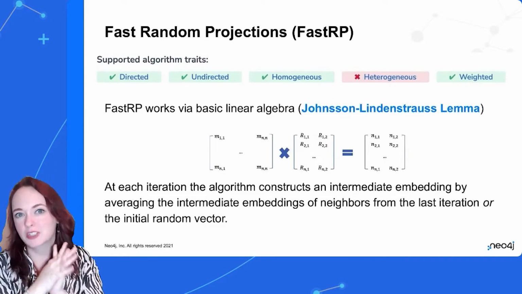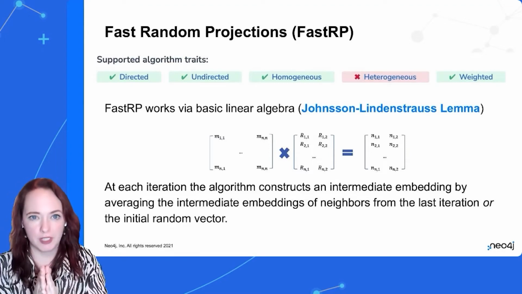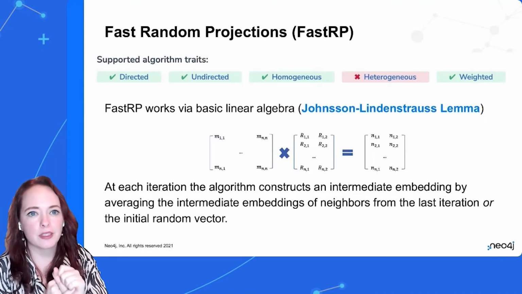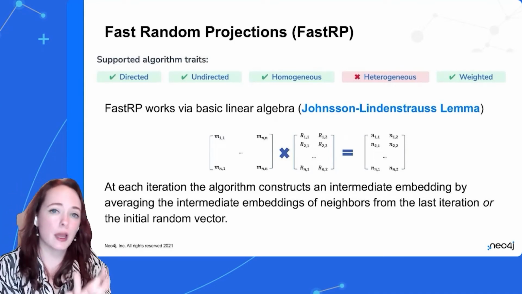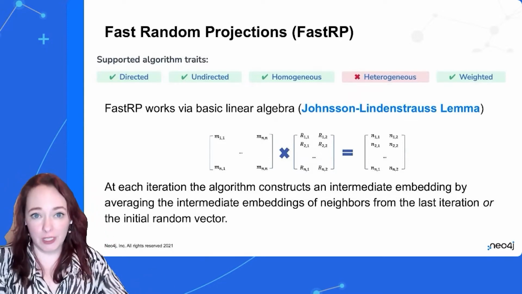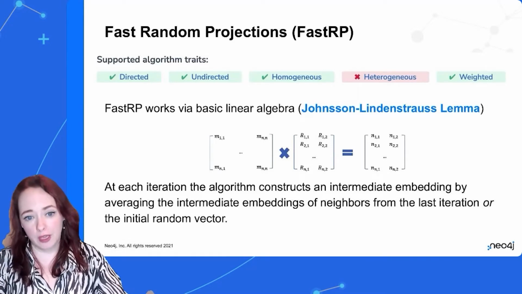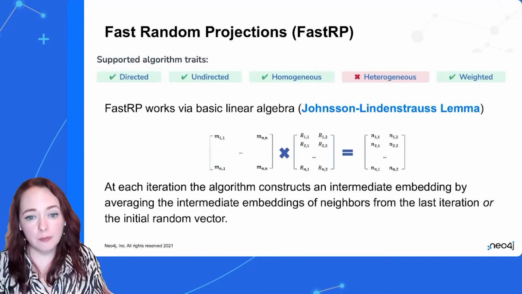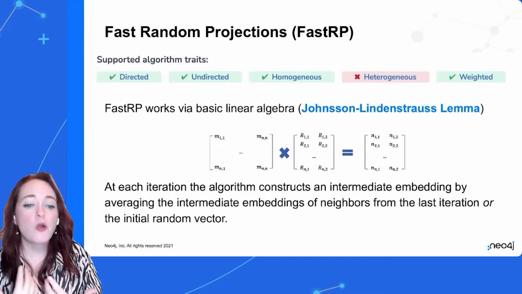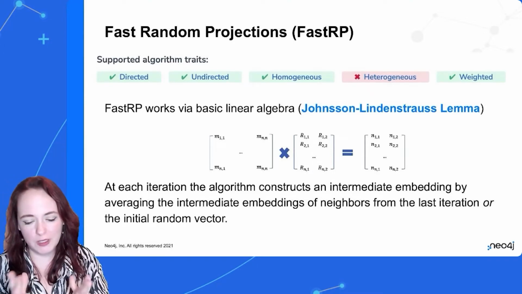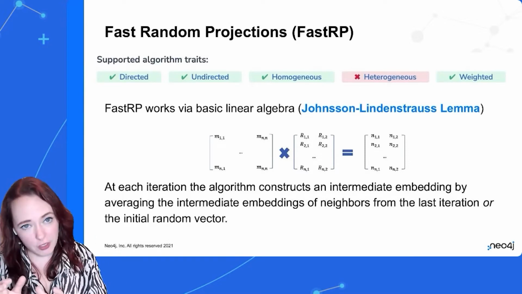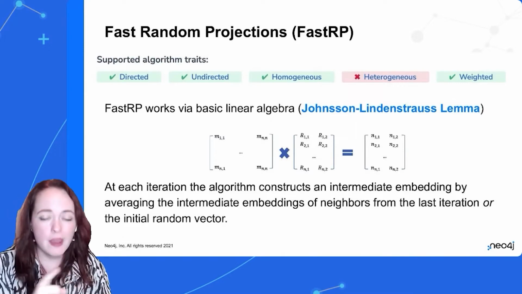This is our random projection, and you get a lower dimensional space. So this is your m by m matrix times an m by n matrix gives you an m by n output, remembering linear algebra. And in each iteration, as you keep going with the algorithm, you construct an intermediate embedding by averaging the intermediate embeddings of neighbors from the last iteration or your initial random vector. So basically, you take your adjacency matrix, multiply it by a random vector or your previous step